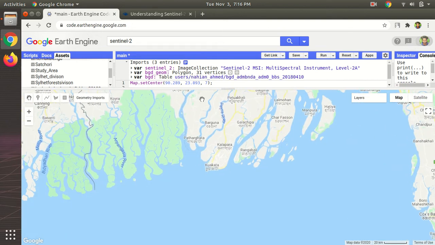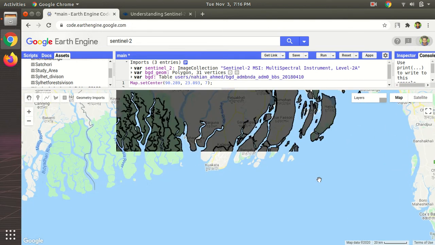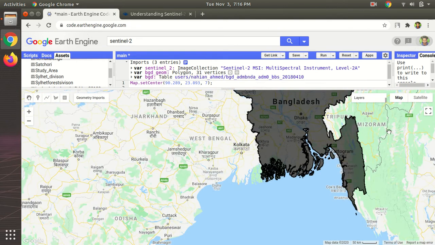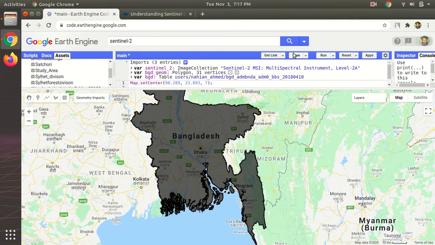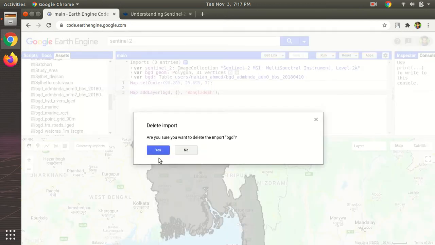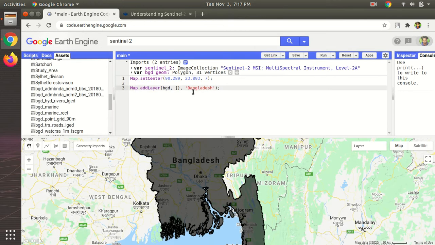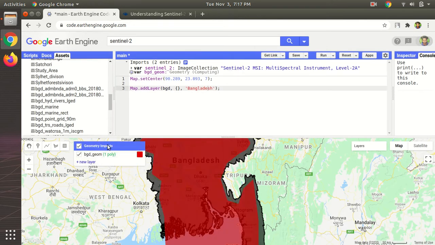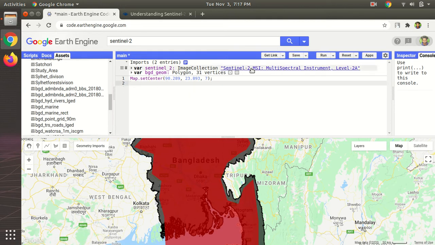This is the official boundary map for Bangladesh. Now, having had all of these, how do we continue? I'm just going to delete this for now because we don't need it right now, and we'll just make things more complicated, and we are just going to stick with this and use this. So let's just remove this line and rerun our code.